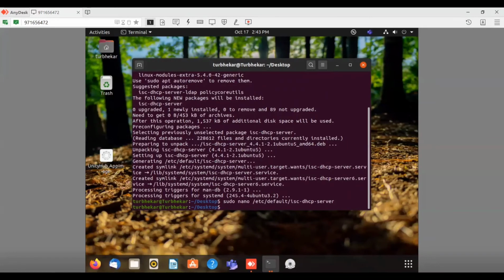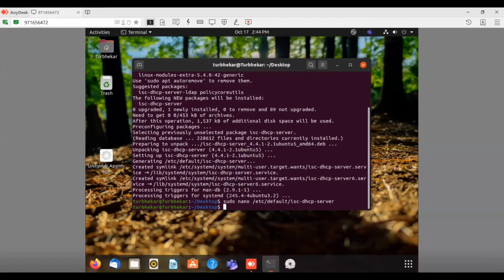Assigning the default interface on which the DHCP server will listen to other computers and assign the DHCP IP to the computer. Then we will configure the dhcpd.conf file in which we have to give the subnet, then the range of IP addresses the DHCP server will allocate when a device gets connected to it.